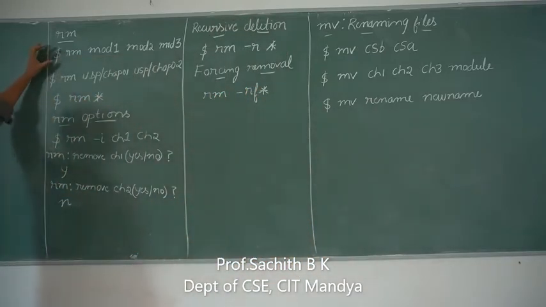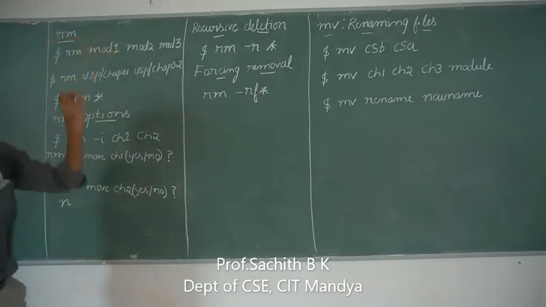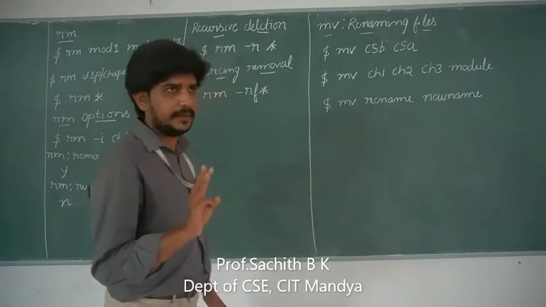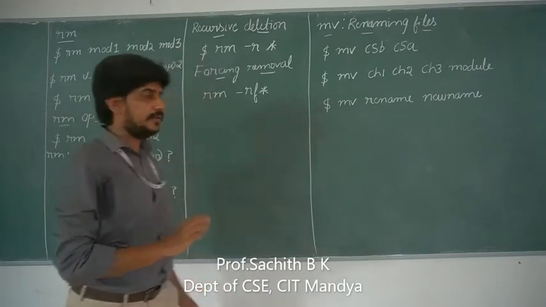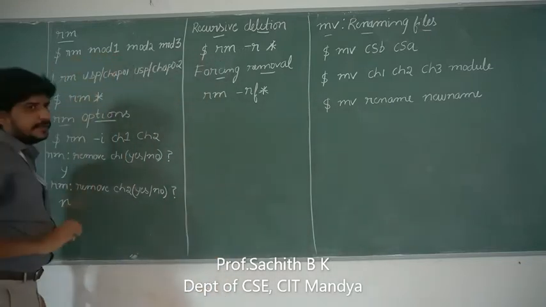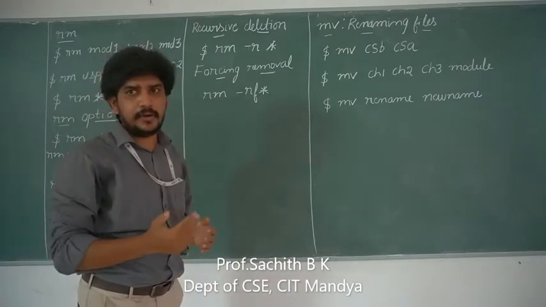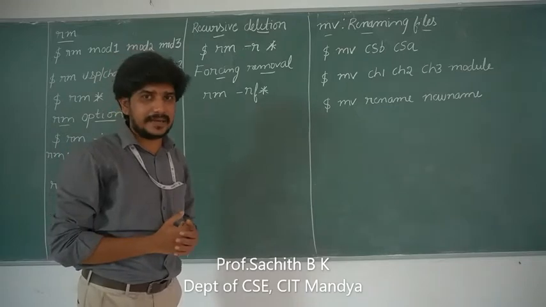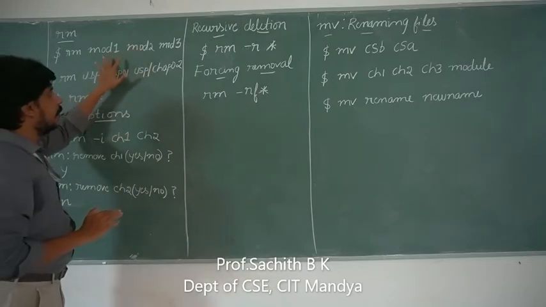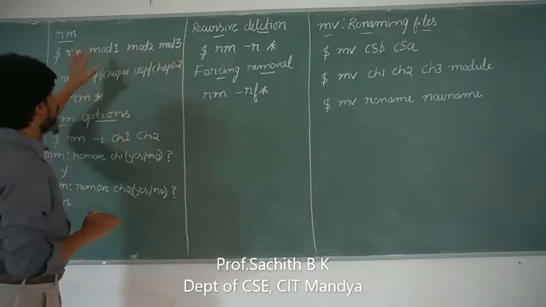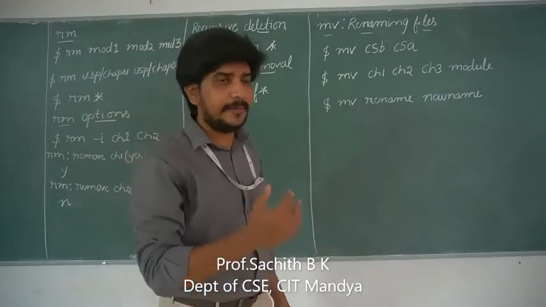As you can see in this particular example, this is the command prompt, this is the command we are using, and we are trying to remove or delete three files. The file names are mod1, mod2 and mod3. When you execute this command, all these three files will be deleted from the current working directory, because you will always be present in the current working directory. Inside the current working directory, there will be three files by name mod1, mod2 and mod3. Once you use the rm command, all these three files will be removed.